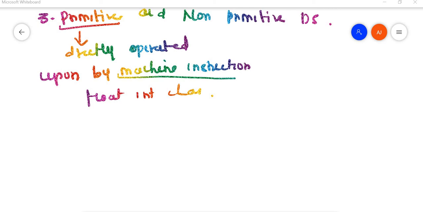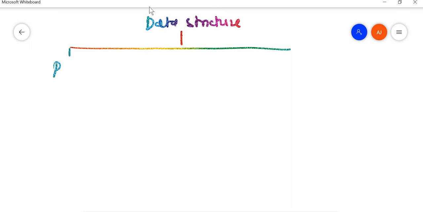Let me draw the structure for this on the basis of primitive and non-primitive, because it is similar to the previous one. So we have data structure, and this one is divided into primitive data structure and non-primitive data structure.